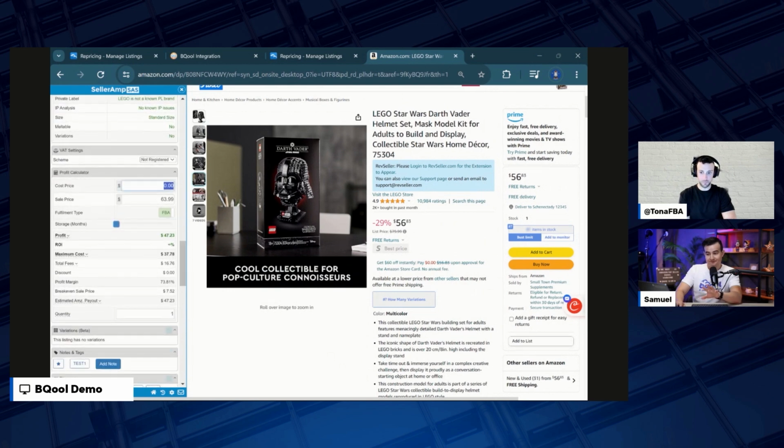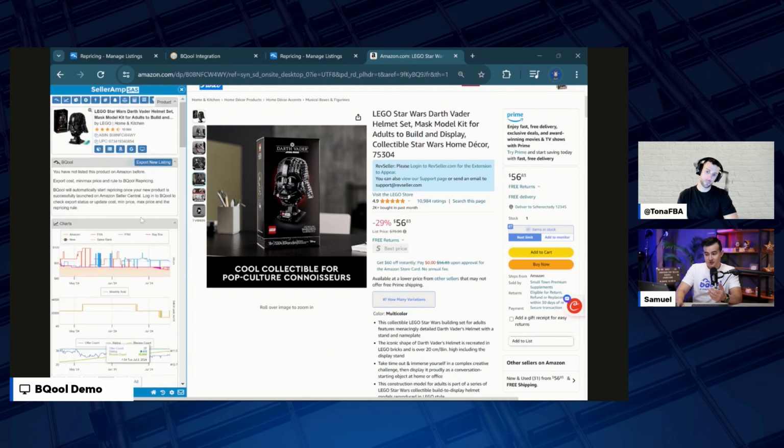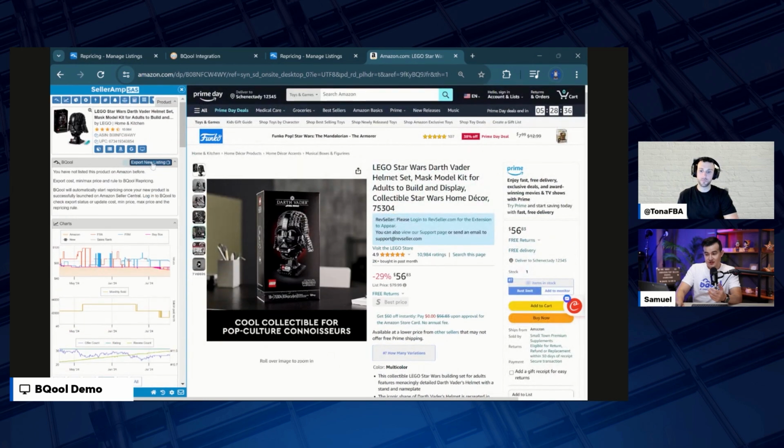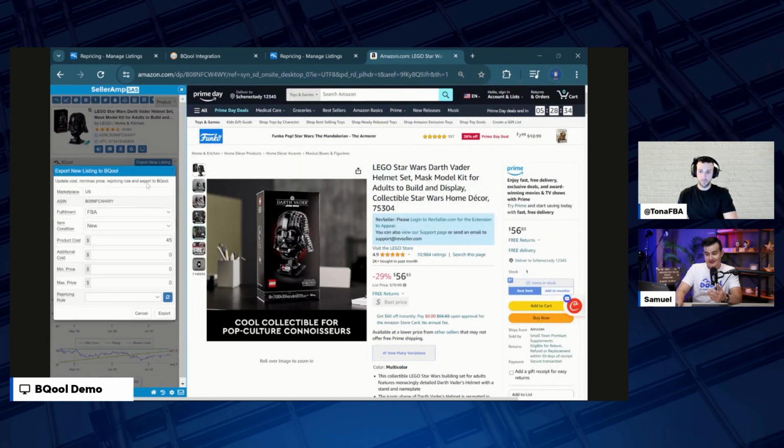So let's say we got this for $45, like as you said, and let's say the sales price is $75. Right, so that's about a 25% ROI with $11 profit. That's like a quick flip just for holding it for a little bit. What we're going to do is export the new listing right into SellerAmp. So when I click on that button,